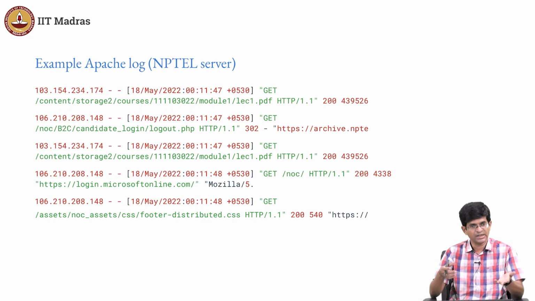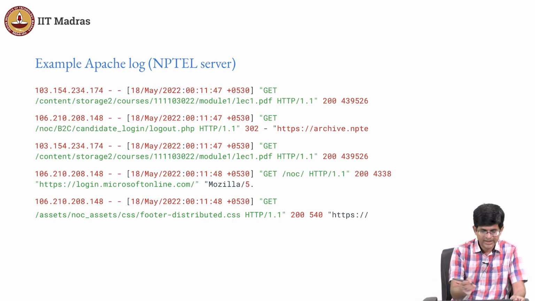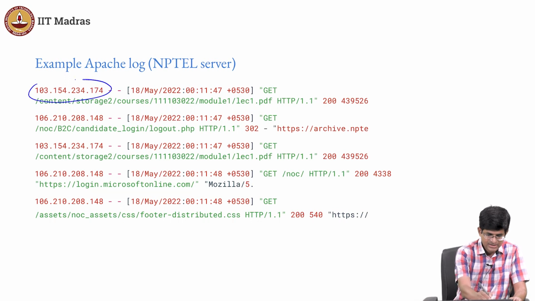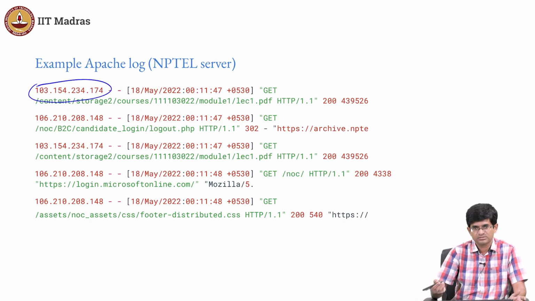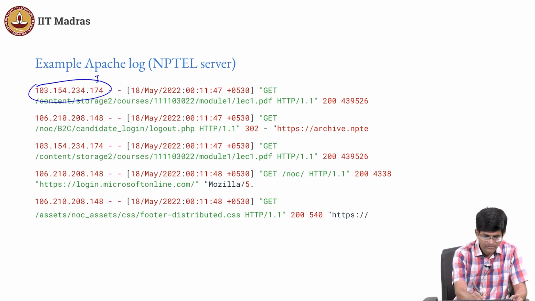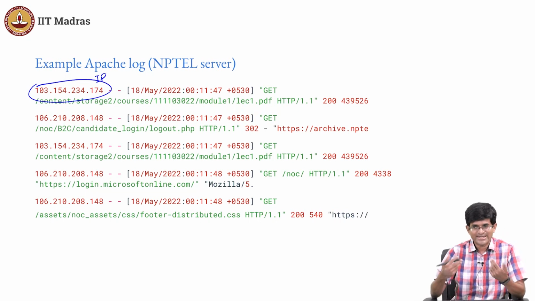What I'm showing you here are the logs from that file from, well, day before yesterday, 18th May. So all these numbers are actually correct. What you can see over here is roughly the structure of a log file. What information is it? The IP address from which the request came.